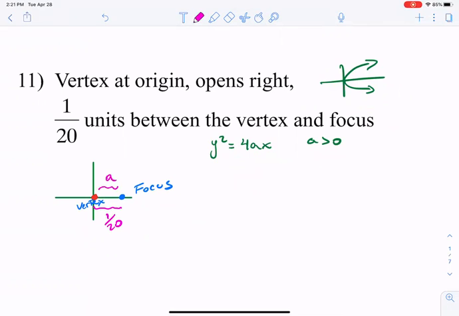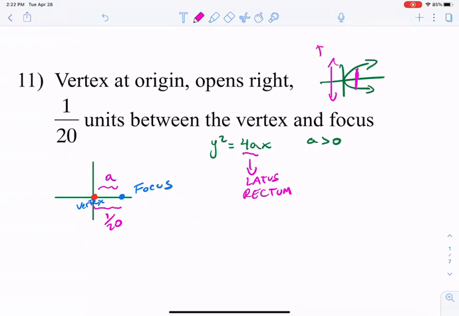So if I want to find out what that's equal to, what is my latus rectum? This length here is called the latus rectum, just in case. And what is the latus rectum? It's a chord parallel to the directrix. So for example, if I have the directrix here, the latus rectum will be right here, like a chord parallel to the